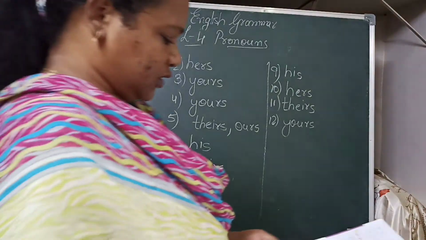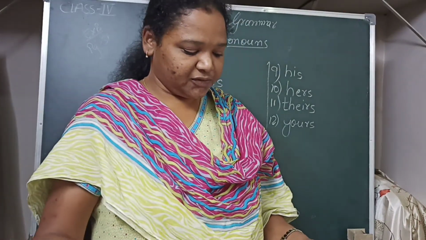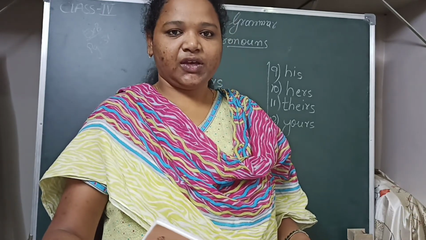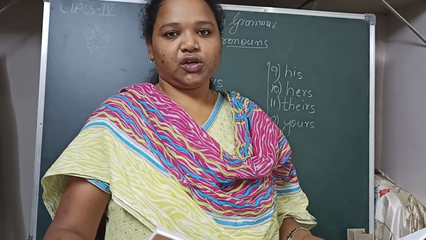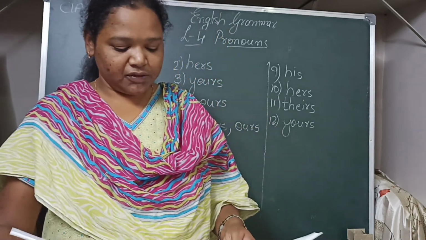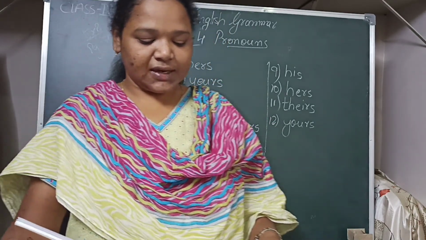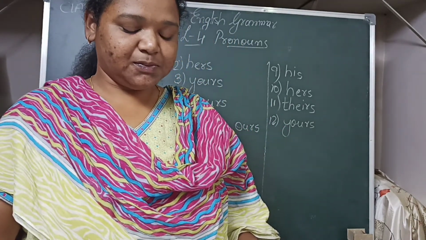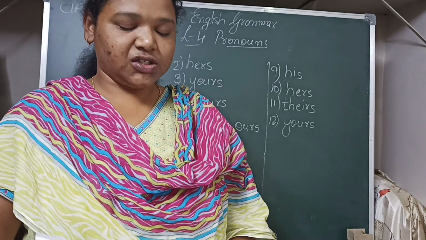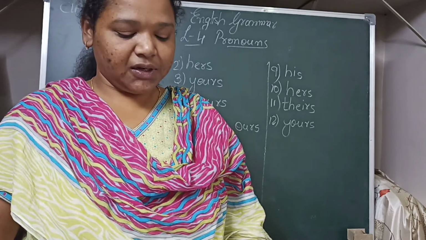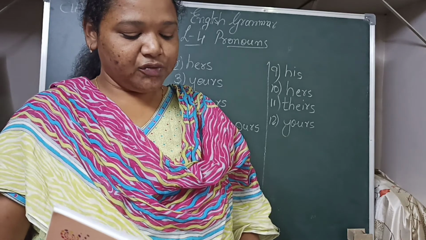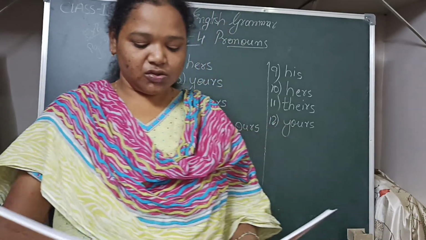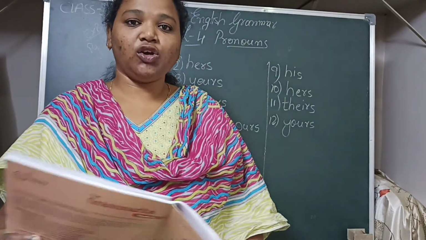So children, did you understand this exercise? Exercise B, filling the blanks with his, hers, ours, yours and theirs. So here we live in this lane. First one, that blue house at the end is ours. Tina has borrowed my pencil. She has misplaced hers. Since we are talking about one girl, it is hers. Rahul and you will share the pizza. This is his share and this is yours. Since we are speaking to one person, it is yours.